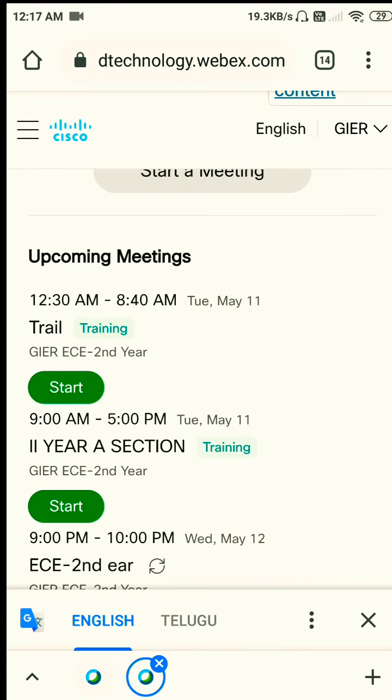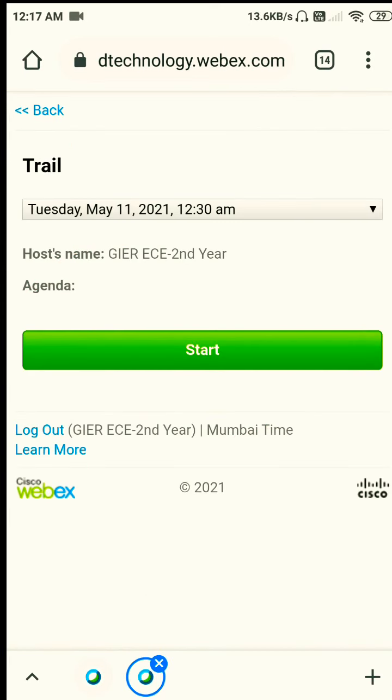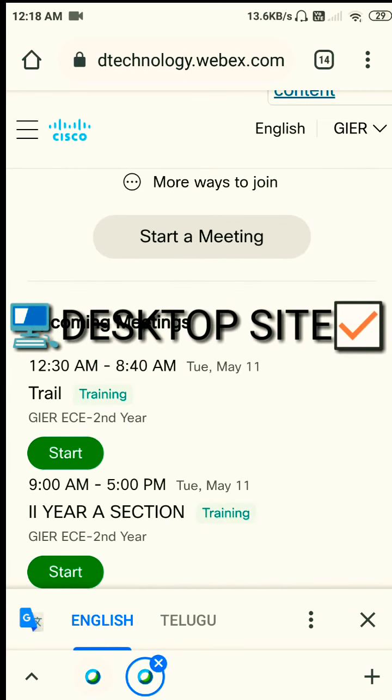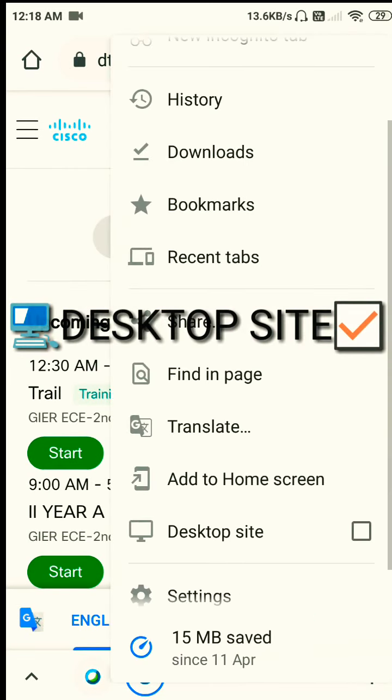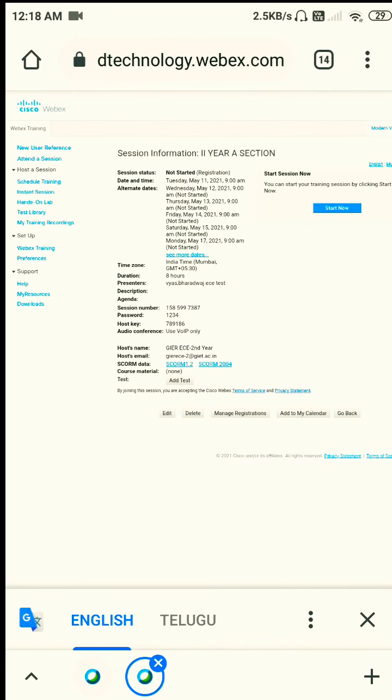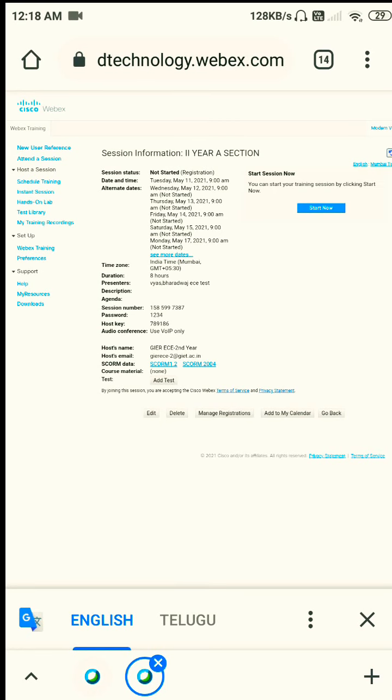Now as I was telling you, you have to always keep it in desktop mode. You have to always keep the view in desktop site mode. In Google Chrome it is available, Mozilla Firefox also, if you are using mobile.